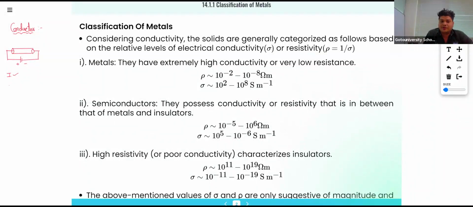Yes, current will flow. Current is flowing, that means electrons are flowing. Now on the other side, if I consider an insulator,